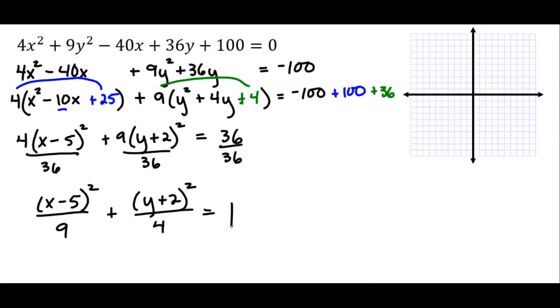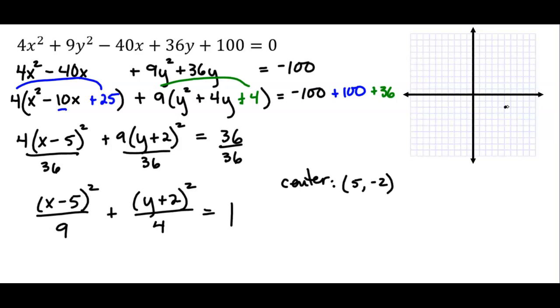Okay, now we haven't talked a lot about the graphing, but we'll go ahead and do that now. So in our case, we know the center. The center is at (h, k). So our center is at 5, negative 2. So let's draw that in. Let's go over here, 5, 1, 2, 3, 4, 5, negative 2. There's my center.